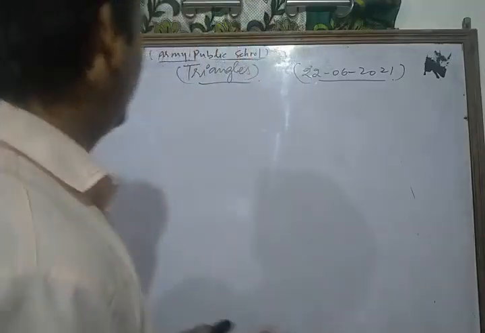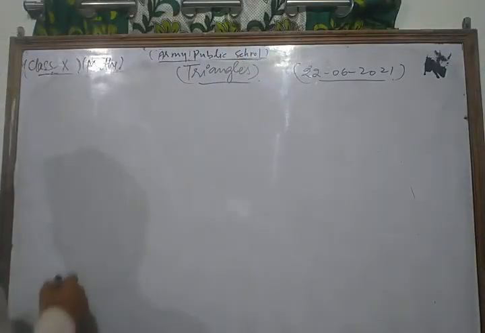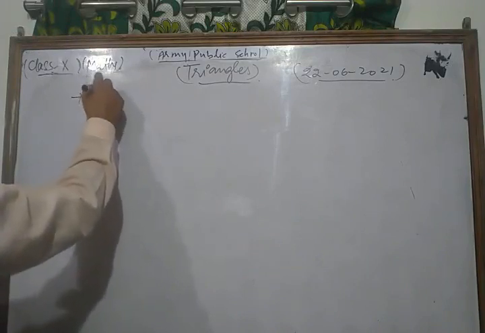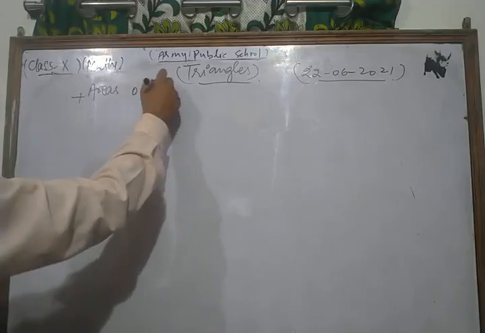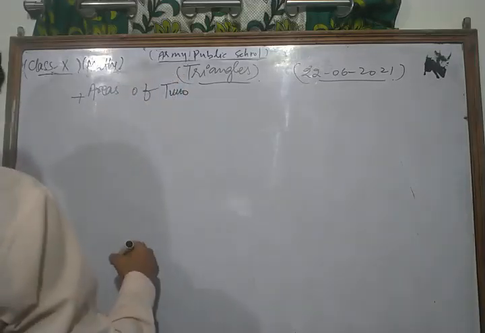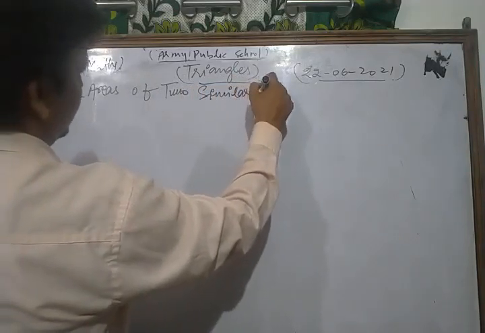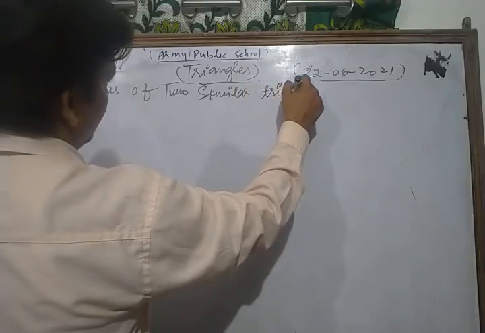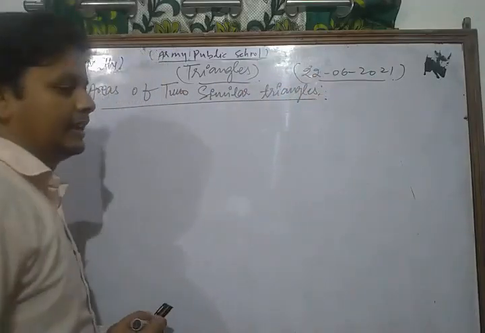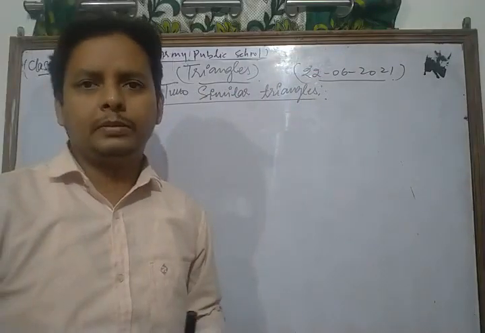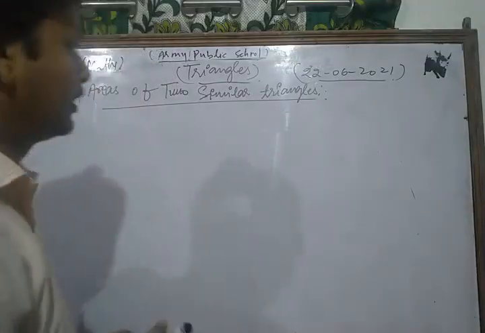Okay, now let's see some important theorems related to areas of two similar triangles. We discuss the topic areas of two similar triangles. A very important theorem related to that topic is what, and your theorem is